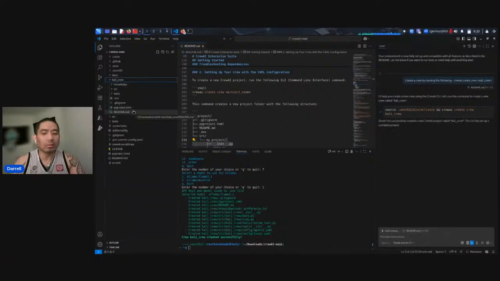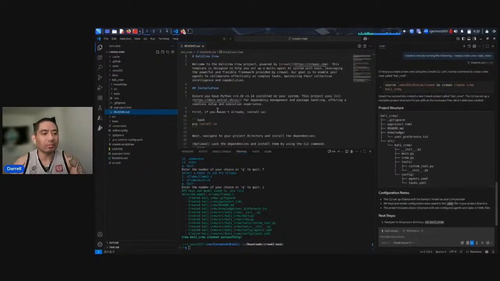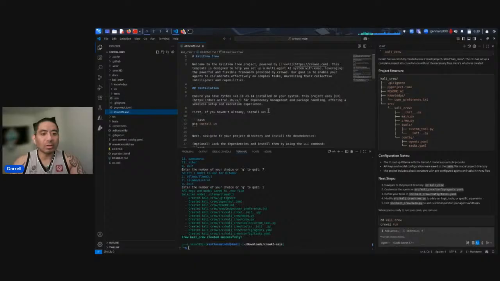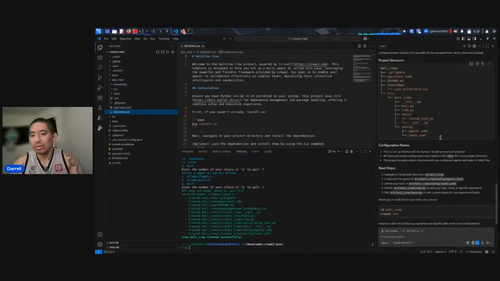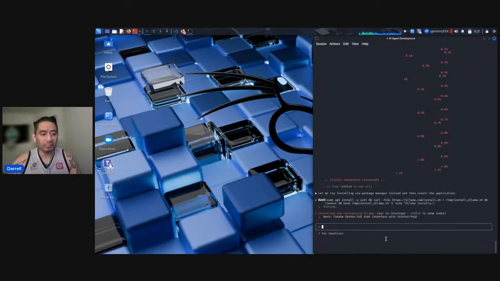And there you go. So it actually created my entire directory for me. And now I've got to go in there and do some revisions for the AI agents and the tasks, and also incorporate more function calling, customized tool calling. I can also train it off the cuff inside Kali Crew. But let's switch over to see where we're at with the AI agent interface.